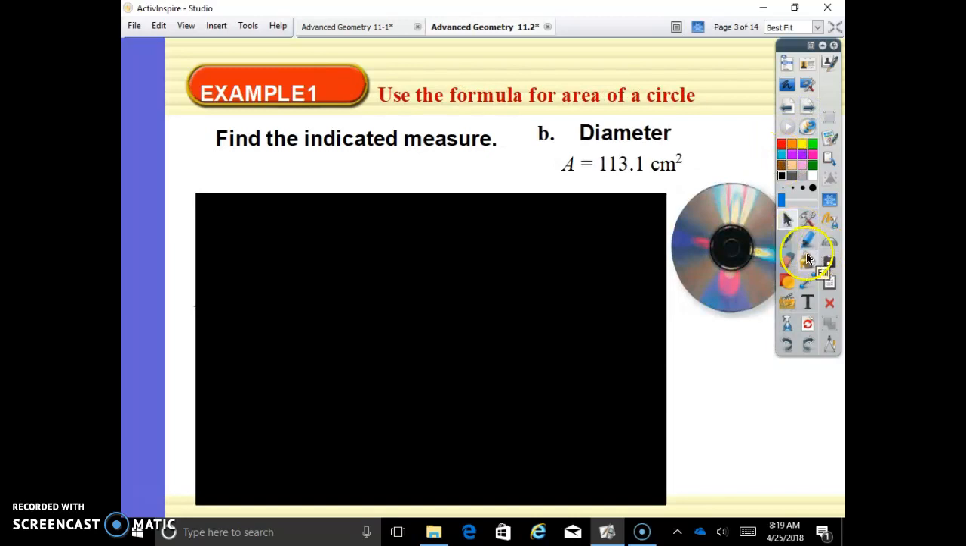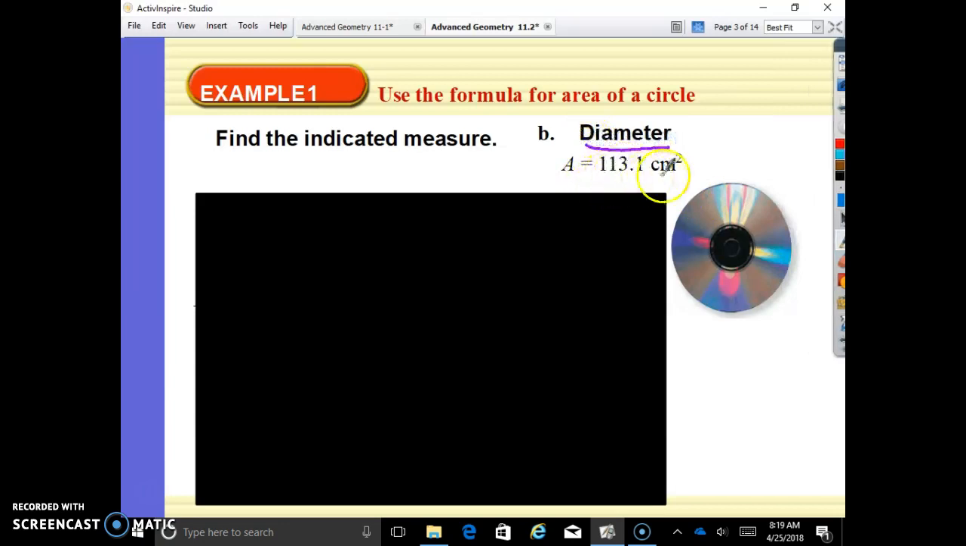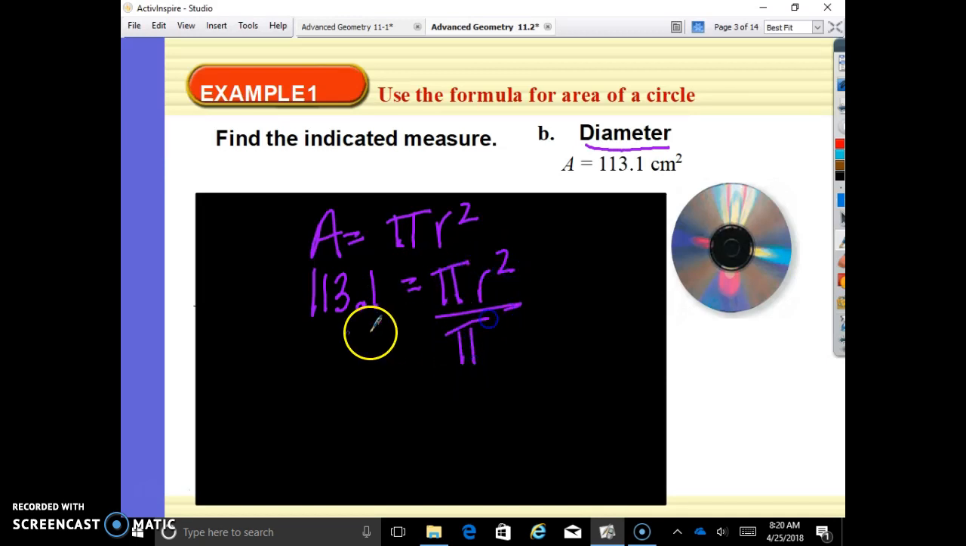All right, so in this one, we want to find the diameter of the circle given the area. So the area of a circle equals pi r squared. They're giving us the area as 113.1, equals pi times my radius squared. I'm going to divide by pi on both sides to get my radius by itself. Now I have that radius squared equals